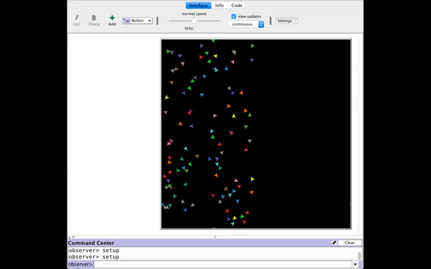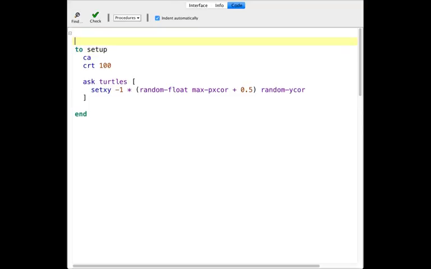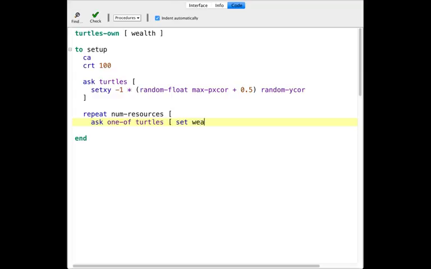Another question that was in the same email was, let's say that there's 1,000 units of some resource, say wealth. How would you distribute those randomly among everyone where everyone has an equal chance of getting one? Well, the first thing you'd have to do is give turtles the property of wealth. And then what I would do is say repeat number of resources, ask one-of turtles, set wealth